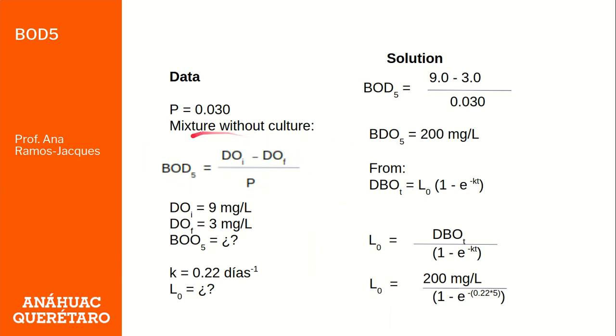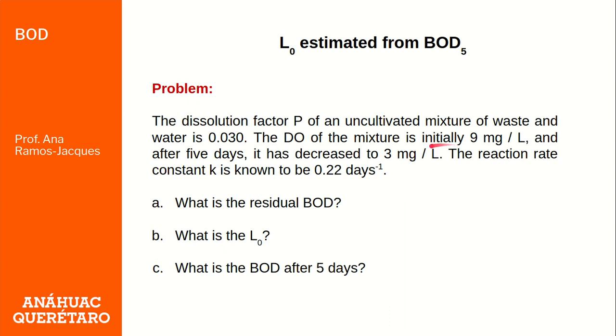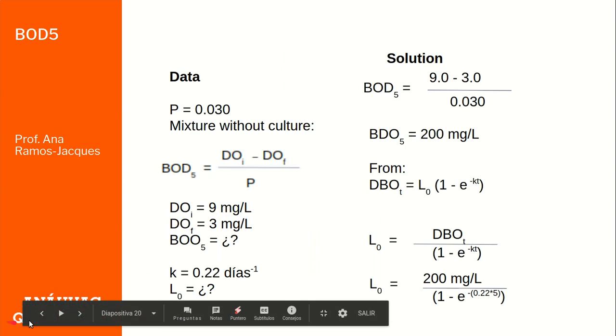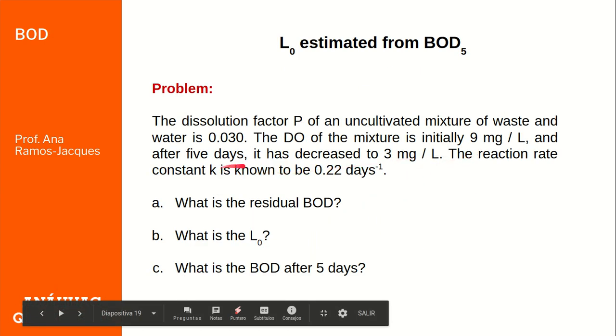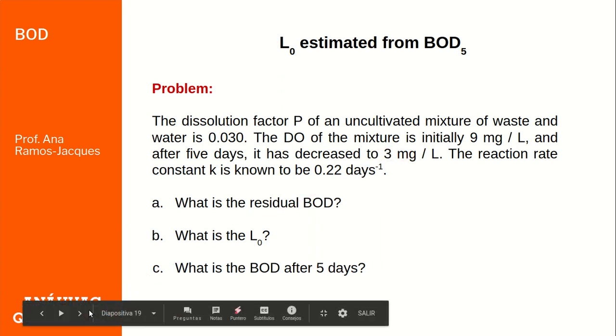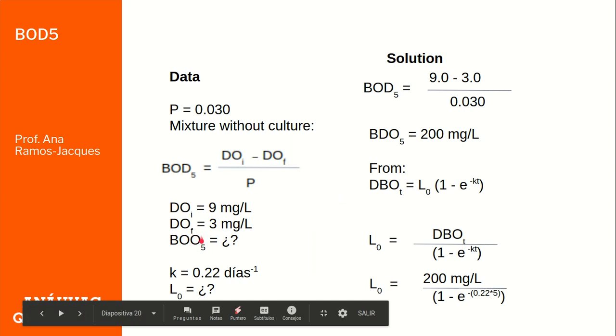You remember this is the formula, and we have in the data also the initial DO of 9 milligrams per liter, and after 5 days the final DO is 3 milligrams per liter, and the BOD should be said D here. BOD 5 is unknown, the constant is